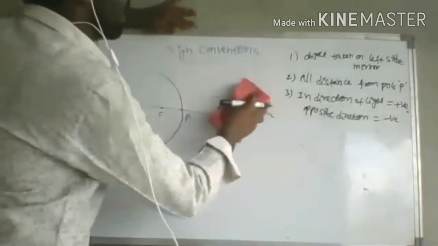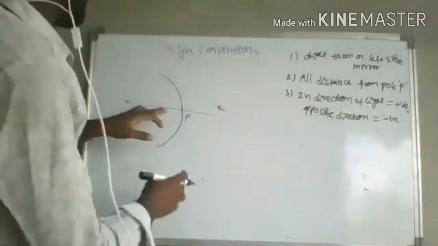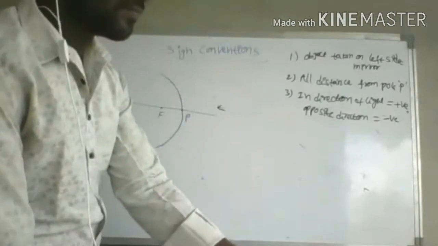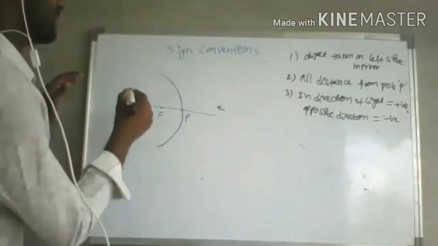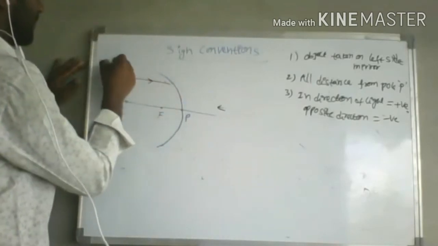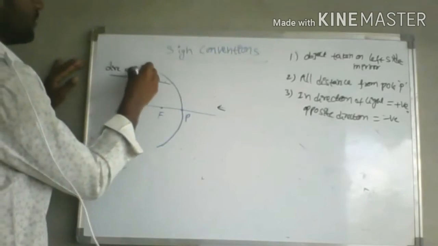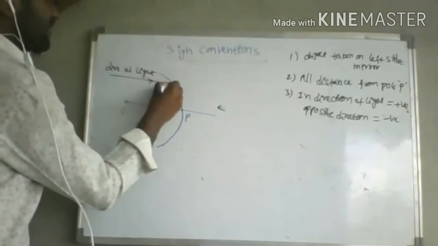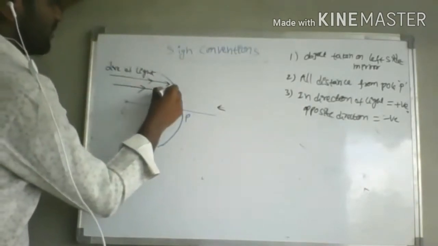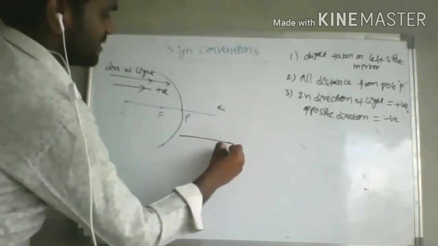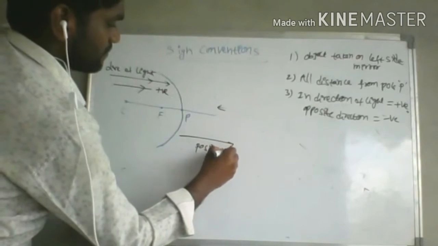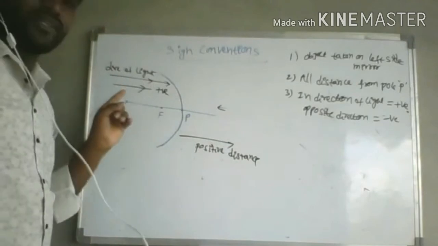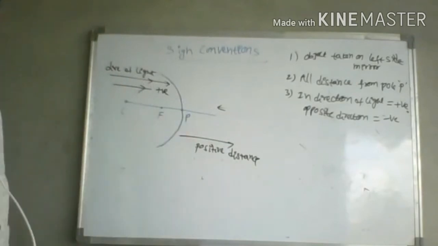Clear? That means on this diagram, how we can show the first point? All the distances measured in the direction of light, see, this is the direction of light ray. So distances along this are positive, and here also it is a positive distance. Why can we take positive distance here? This direction and this light direction are both similar or not? Yes, sir. So we can take positive distance.